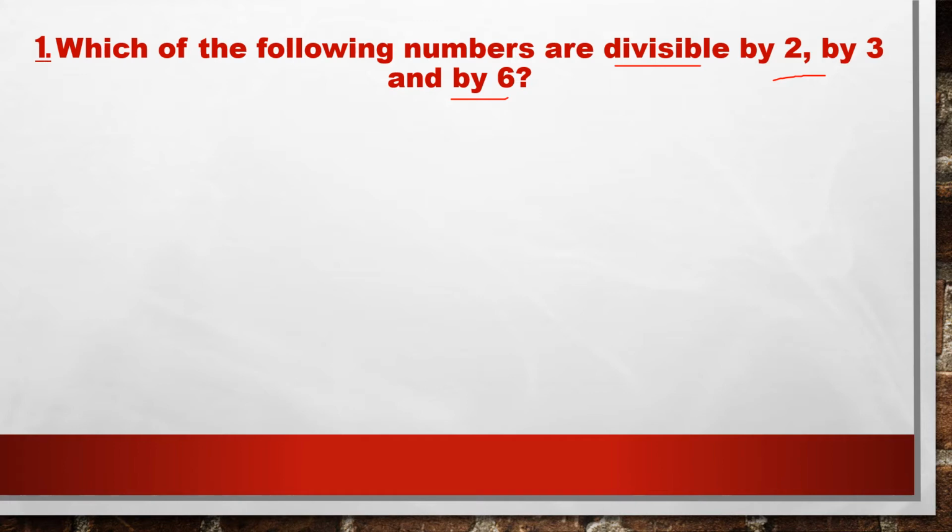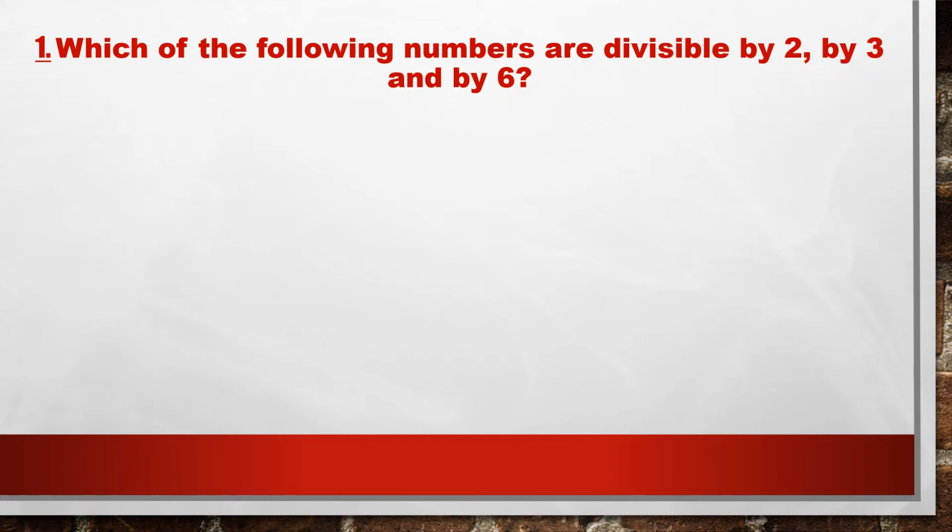Your question is, we should check whether the number given in the question is divisible by 2, 3 and by 6. Divisible by 2 means it should end with 0, 2, 4, 6 or 8, the last digit. Divisible by 3 means the sum of the digits should be divisible by 3, and divisible by 6 means it should be divisible by both 2 and 3. If it is divisible by 2 and not by 3, it is not divisible by 6. Both should be divisible, then only by 6 it will be divisible. Please follow the links given in the description, I gave a clear explanation about the divisibility rules.